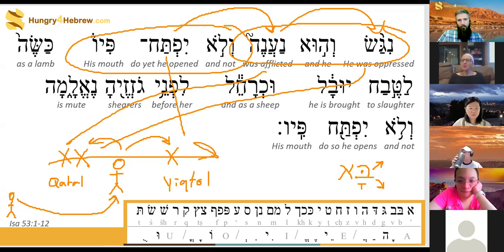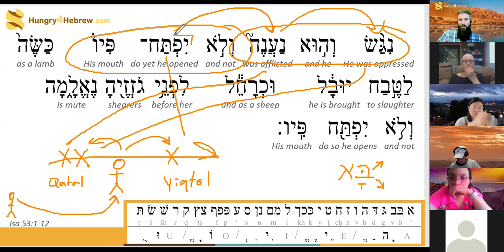Is yuftach a word? Or like I'm trying to put yiftach into the past, sounding like the past. In some way, is there any translation of that yiktol that we could make past? No, because hey, tav, chet are necessarily consonantal letters. If we wanted to make it a qatal verb, then what do we do with the chet at the end? And if we don't have chet as part of the root, then what do we do with the yod at the front? So it has to be some kind of a yiktol,